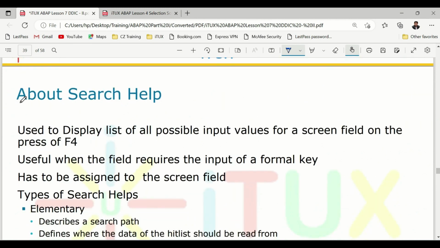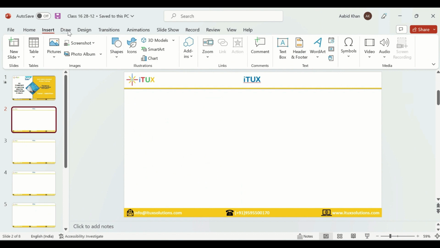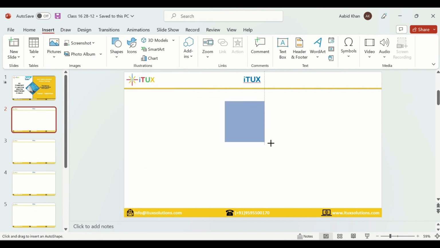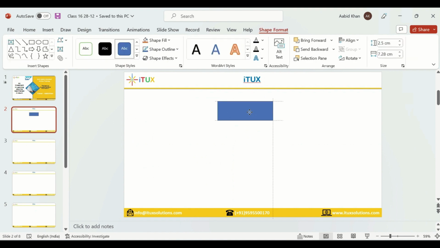So the next topic is about the search help. So what is search help? What is search help, guys? I've been using this term again and again: search help, F4 help, right? So this is what search help is. What is search help? Search help is,